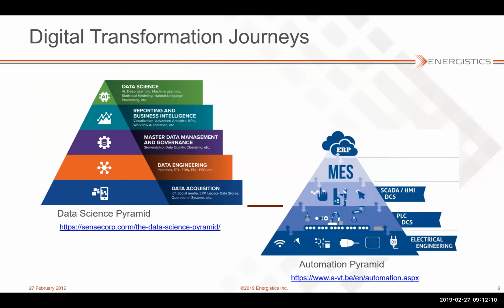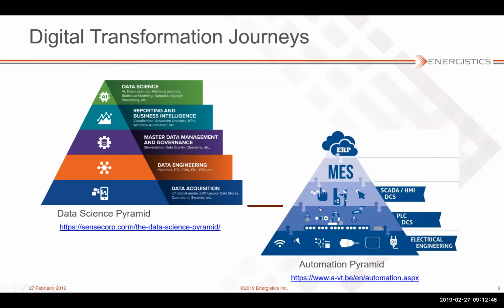And on the automation side, you have a similar kind of journey where they're working towards machines that can do things more independently and intelligently, and can be driven from higher level processes rather than kind of low level steps. And in particular, in the Energistics domain, there's a relationship or interrelation between these two pyramids where in the automation, you have machines at the bottom, then you have PLCs and DCSs that control those, and then you have higher level systems that let you see what's going on in those and steer them in an automated way, and then you get into kind of high-end applications.